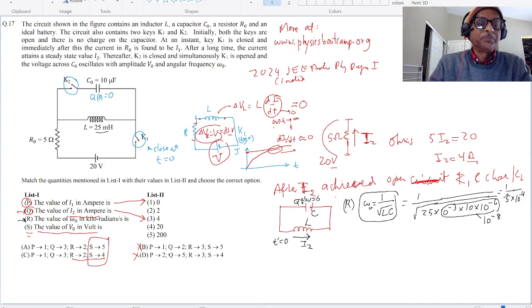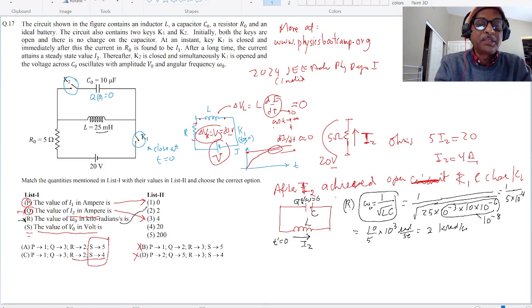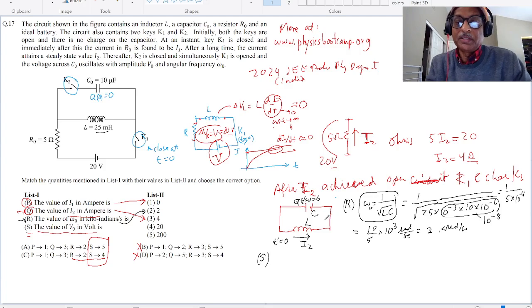And so let's say R is in kiloradians. So this is in radian. So this is 10 over 5 times 10 to the 3 radian per second. So this is going to be 2 kiloradian per second. So this actually is 2. To solve S,